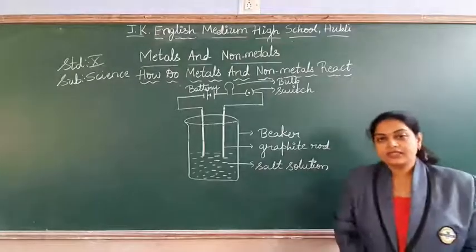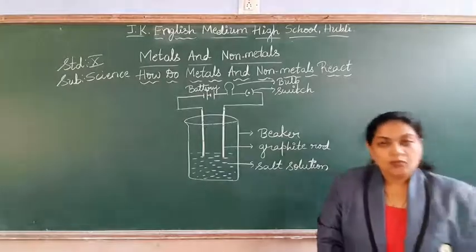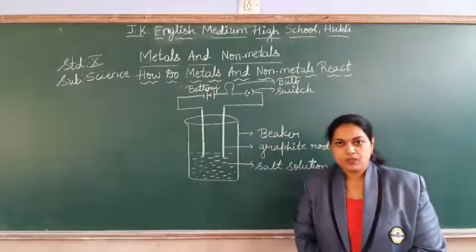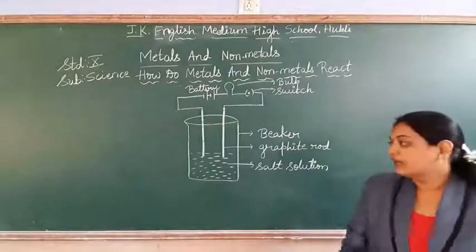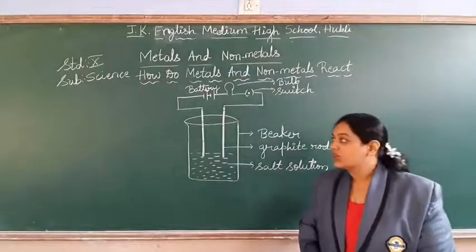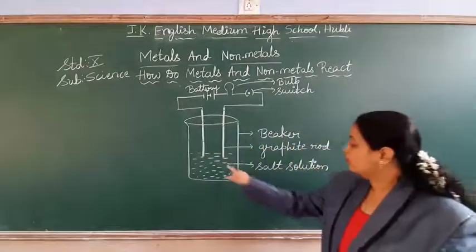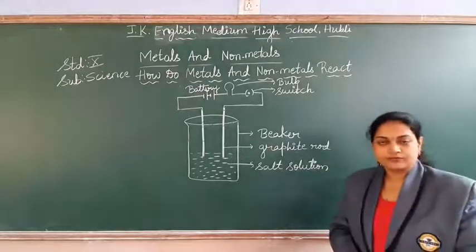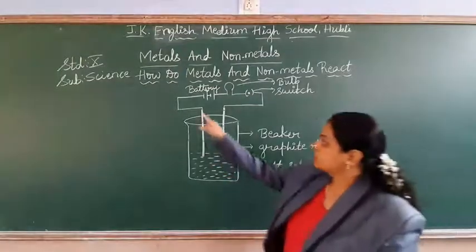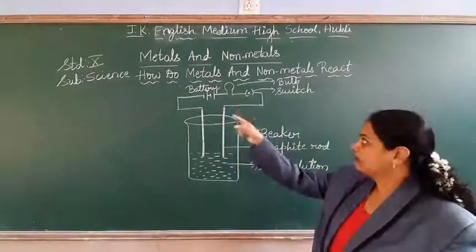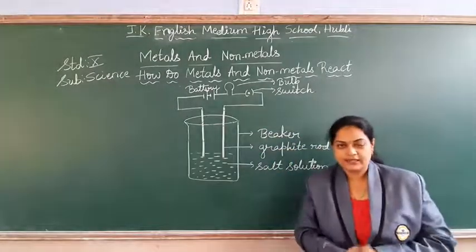Okay. So just now we have discussed the properties of the ionic compounds, that the molten state of the ionic compounds can conduct the electricity. To support that, we are going to discuss one experiment. So you have taken one beaker. The beaker, you have filled it with a salt solution. Take two graphite rods and arrange the electric circuit. Battery, bulb, switch. So like this you arrange the electric circuit.